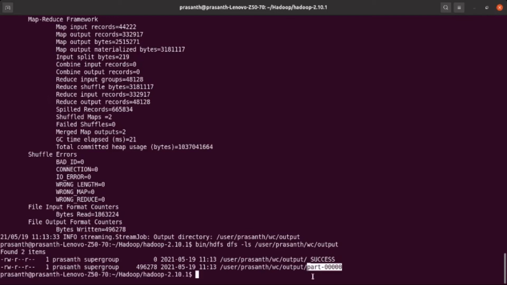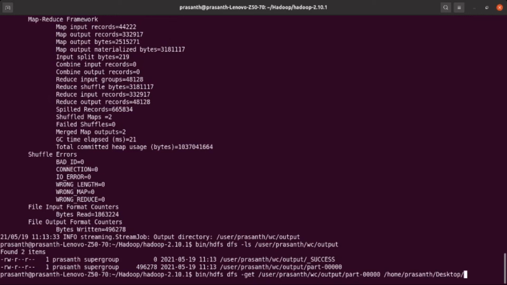You can move the files present in HDFS into a local directory by providing the necessary instruction: bin/hdfs dfs -get /user/prashant/wc/output/part-00000. Then I tell where to store it. It is in home/prashant/desktop.